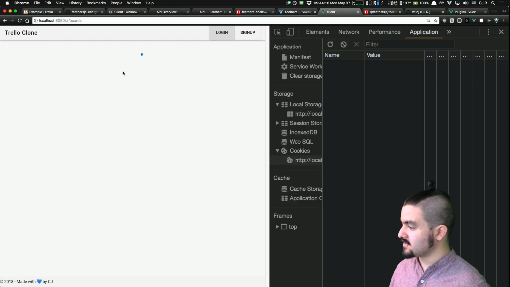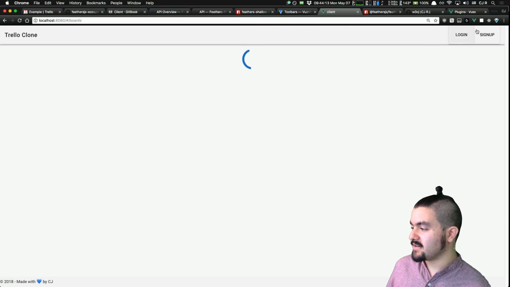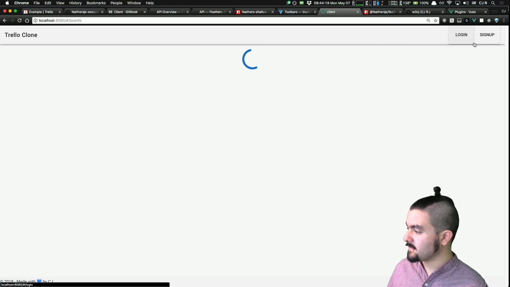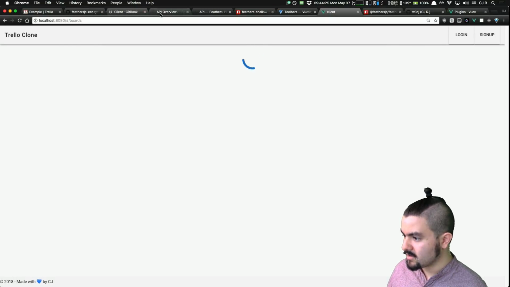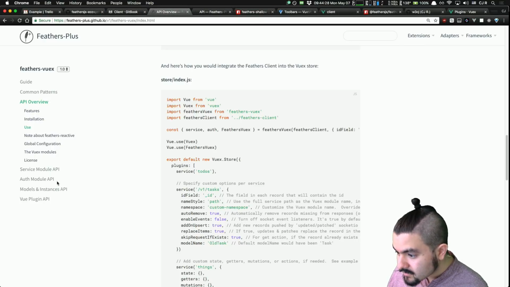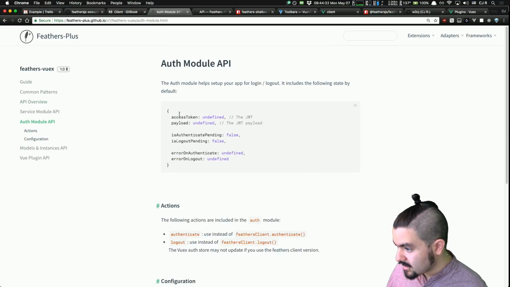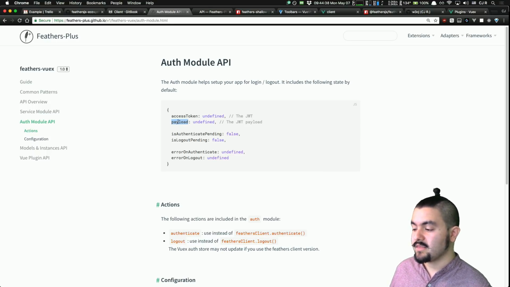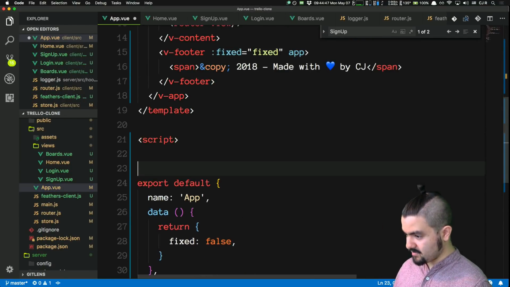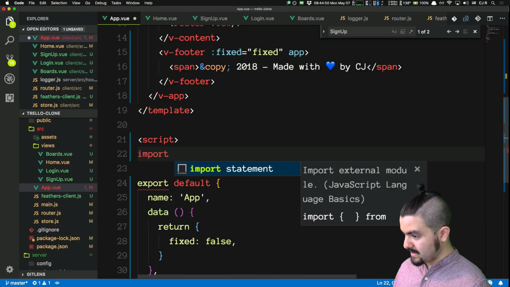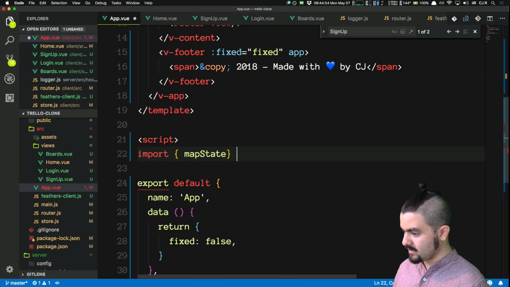And when we log in, that gets loaded there. Cool. I think the other thing I can do is I can actually bring in whether or not the user is logged in to the app component and then decide whether or not to show these buttons. Let's do that. So if we look at the docs for auth module API, payload. So if payload is defined, then that means that the user is logged in. So we should be able to use map state on our app.view. So in app.view, let's import map state from